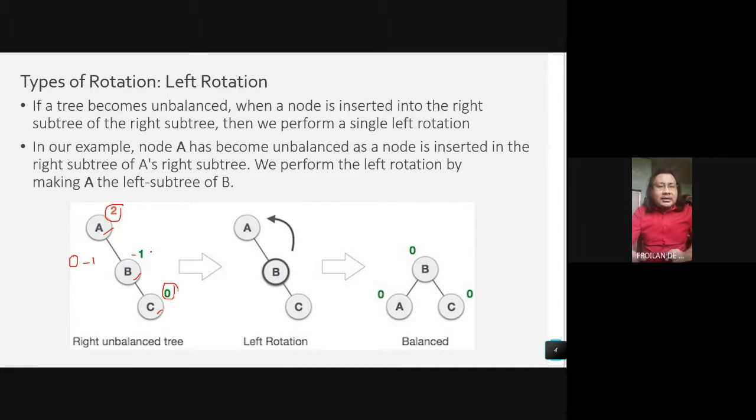So regardless of positive or negative, for as long as the difference of the left and right subtrees to each other will become more than +1 or -1,